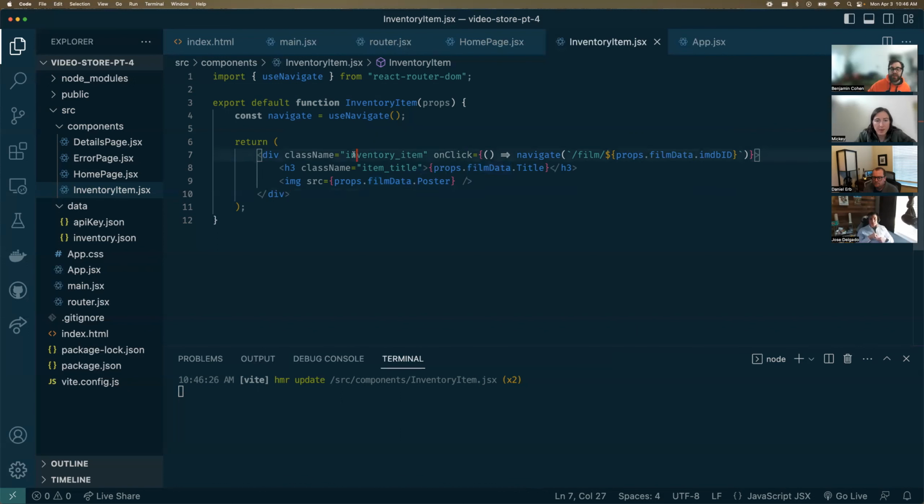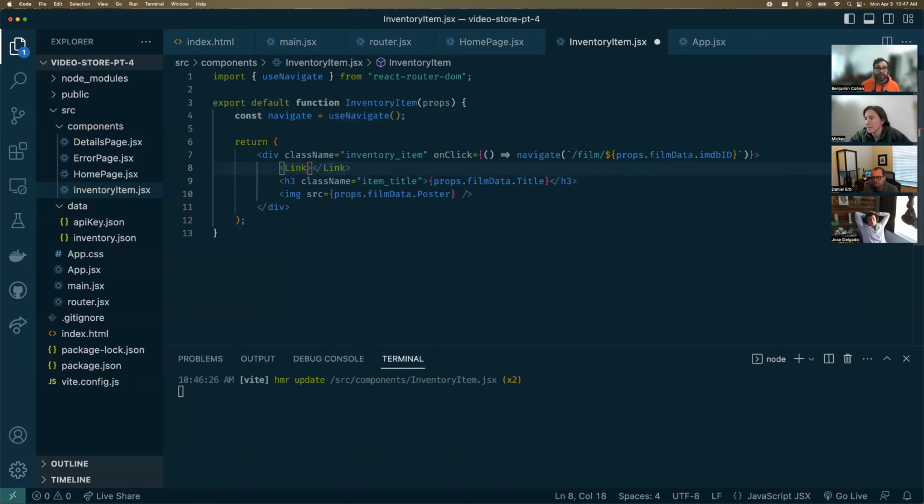But there's something here that we actually didn't talk about until now, but it is important, which is we're going to use this other hook React Router gives us called useNavigate. And useNavigate is for whenever you want to navigate to another page in the same way you would with Link, but instead of it being a component, something on the page like a button to click that links to it, this is saying do it programmatically. So instead of having something that looks like